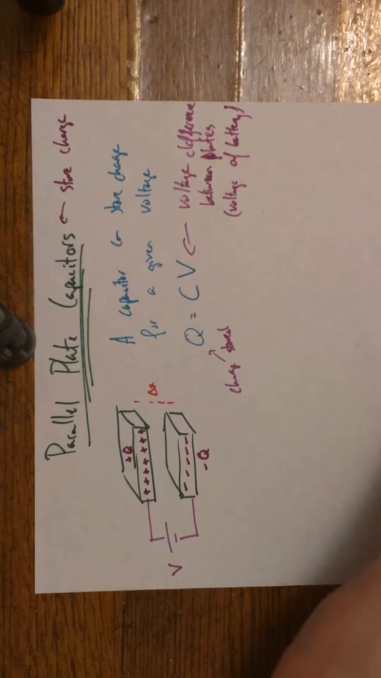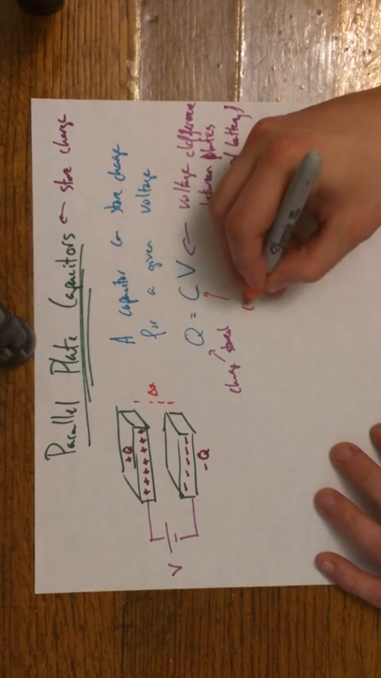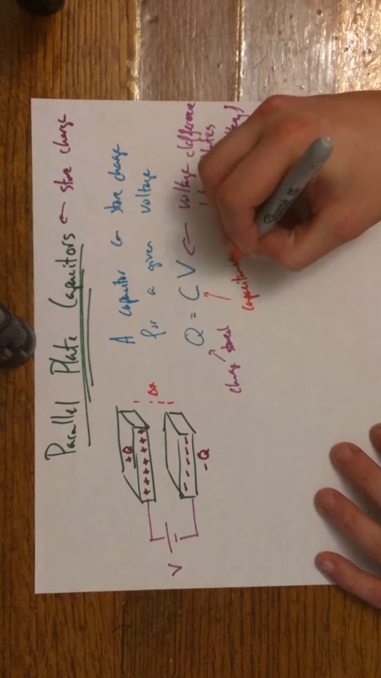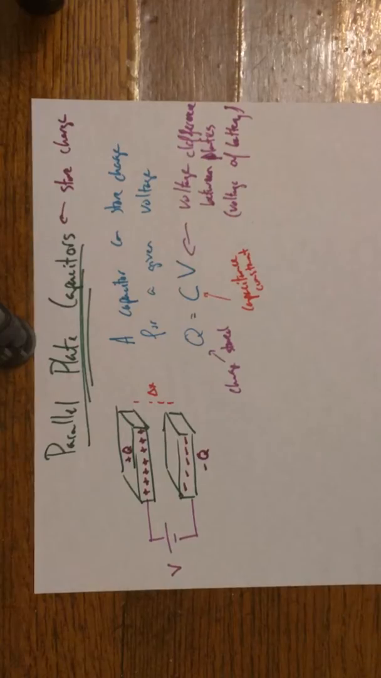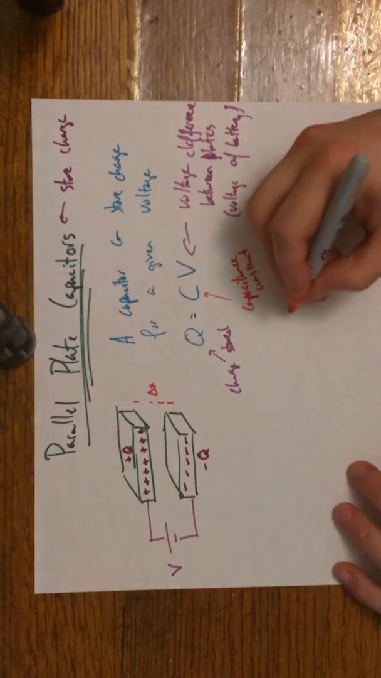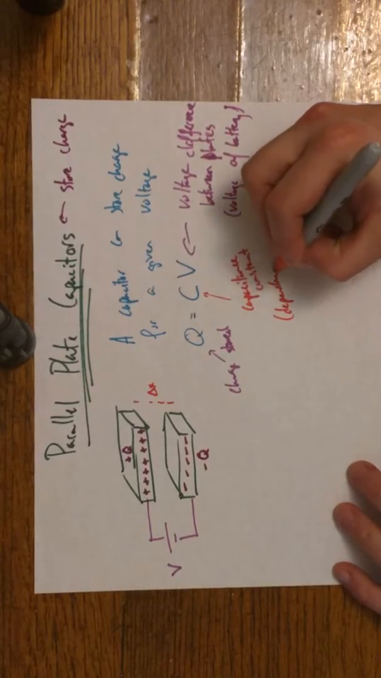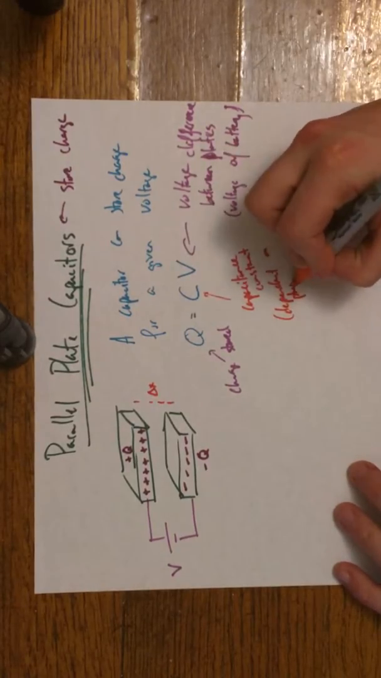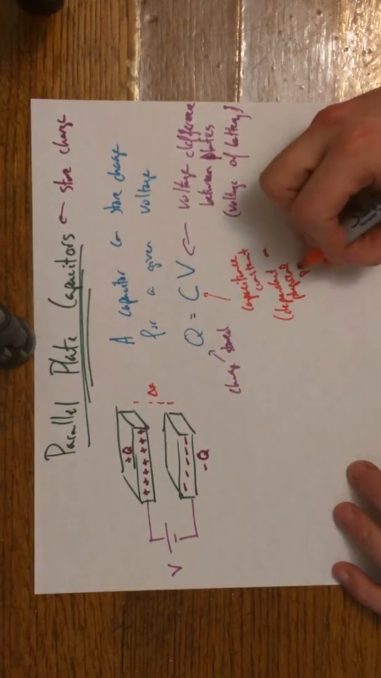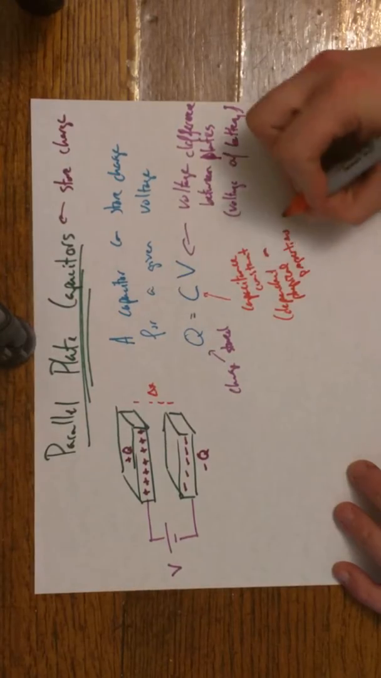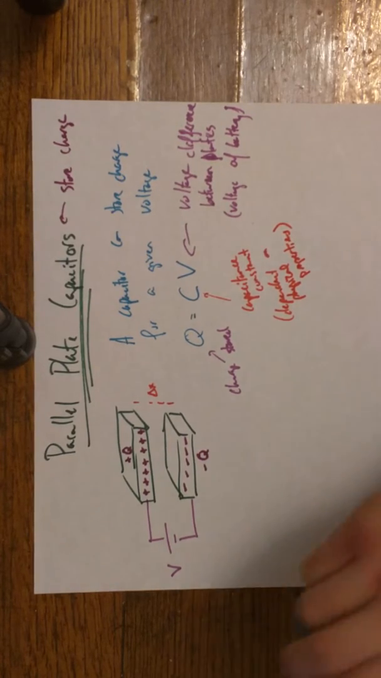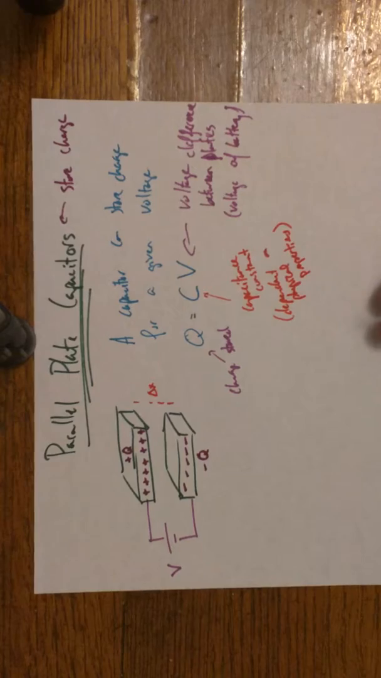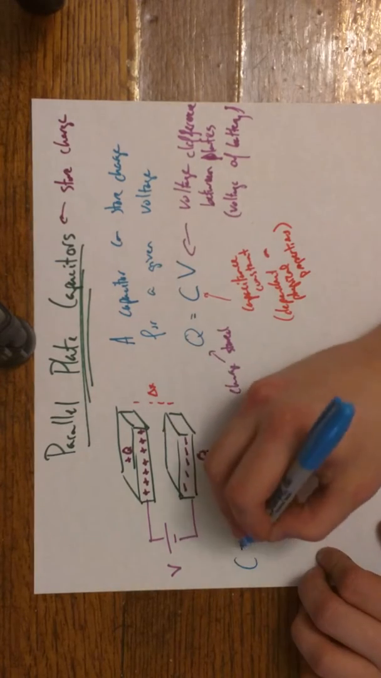And finally, that C is the capacitance constant. It's dependent on the physical properties of the parallel plate capacitor. We'll look at those later. The units for capacitance, well, we could look at our equation and rearrange this for C, and get